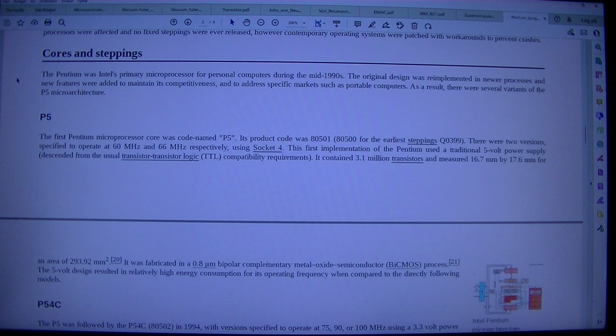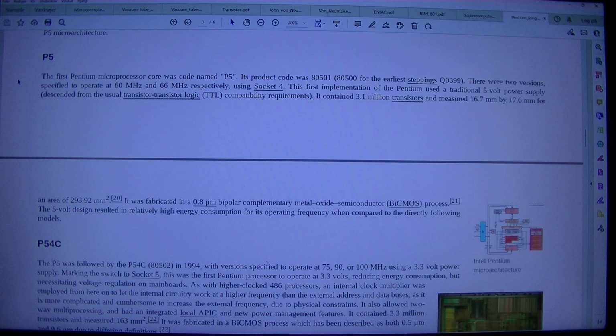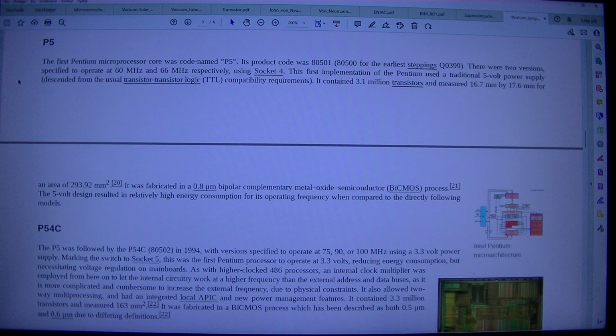P5. The first Pentium microprocessor core was codenamed P5. Its product code was 80501, 80500 for the earliest steppings Q0399. There were two versions specified to operate at 60 MHz and 66 MHz respectively, using socket 4. This first implementation of the Pentium used a traditional 5-volt power supply, descended from the usual transistor-transistor logic, TTL, compatibility